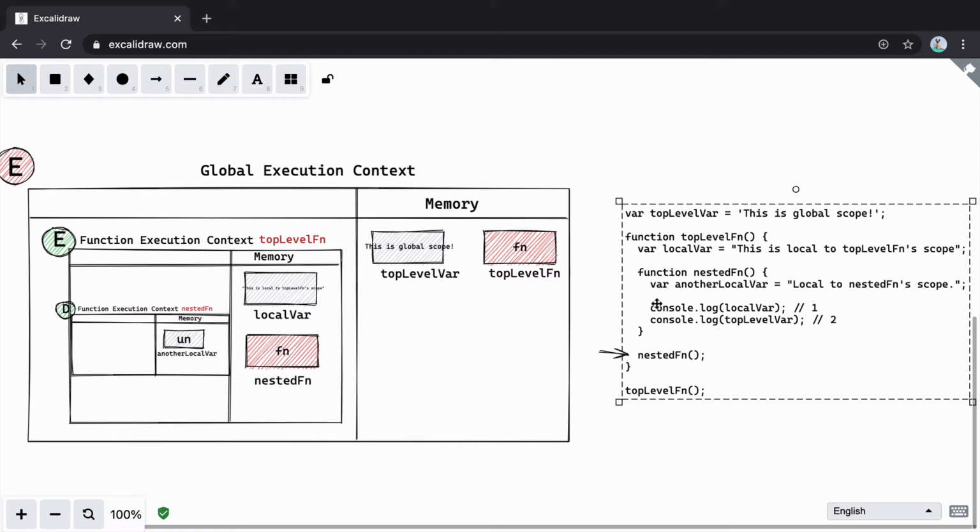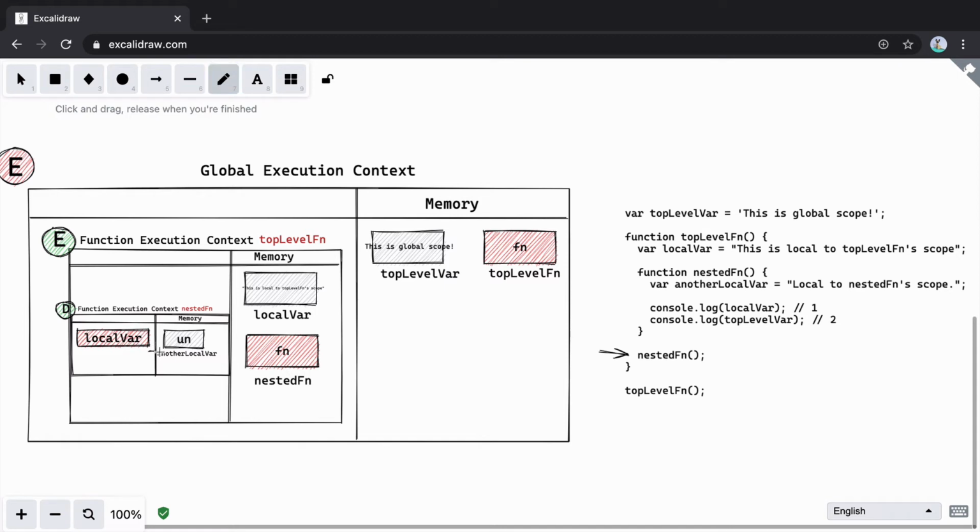Then we are calling two functions, console log with local var. So let's go ahead and create an execution context. So this is the execution context of console log, and here we are looking for the variable local var. So let's go ahead and look for this value. The first thing that it will do, it will go to the local memory. Here we do not find this value.